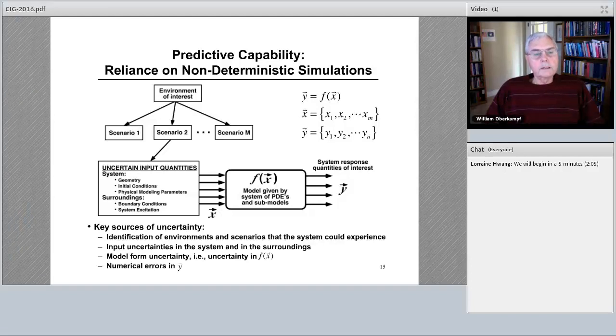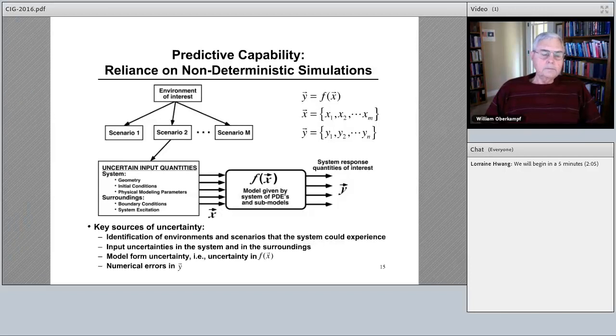It can be a probability distribution on the input and output, but you always get the same mapping. In certain types of stochastic modeling of systems, that does not happen. F is actually a stochastic model, but the way we typically do it, by far the vast majority, is to use Monte Carlo sampling on the input propagated through a deterministic model. So we lump the non-determinism into the probability distributions of the input, which map to the probability distributions of the